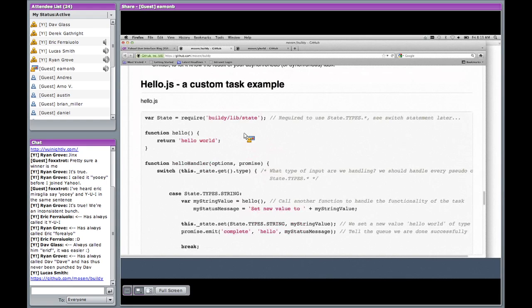The reason there's a different type for each state object is because you can set up default behaviors for how to handle files and strings and things like that. Quite a few of the tasks are dealing with the contents of the file as a string, and then they only write out at the end. But you can have different behaviors depending on what type of input comes into your task.